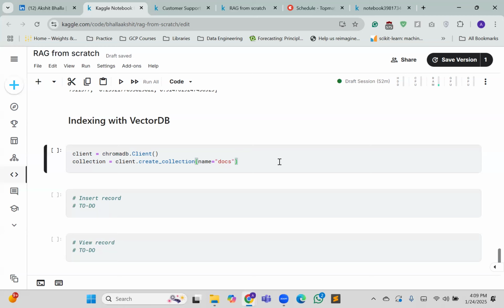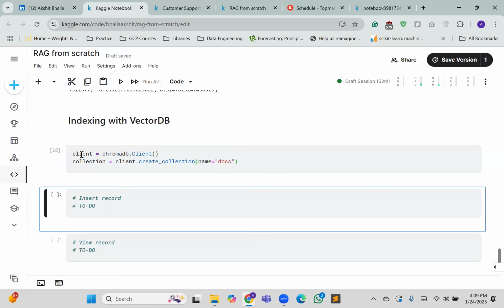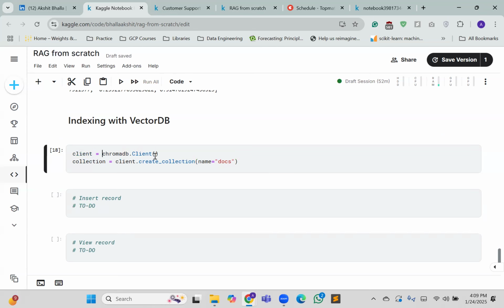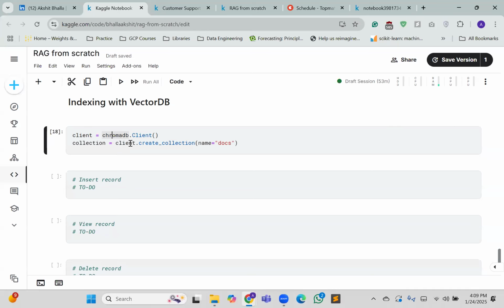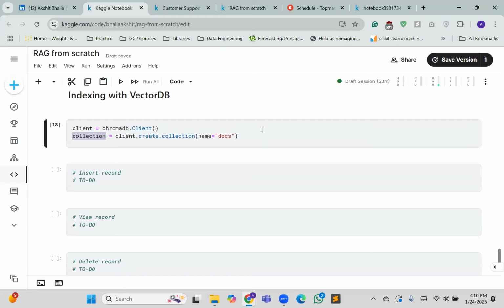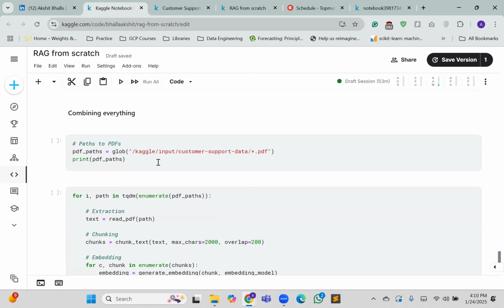So let's continue. I'm going to execute this cell. So this creates an object called client for the database, which is ChromaDB in our case. And using that client object, I need to create something that's called a collection of documents. So I'm going to create another object called collection. Collection is like a list. So this list will have all the records that I want to insert into the vector database. So a record could be a row with ID, with chunk and the embedding respectively, right? So having executed this line of code, let's go to